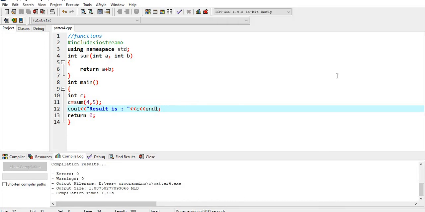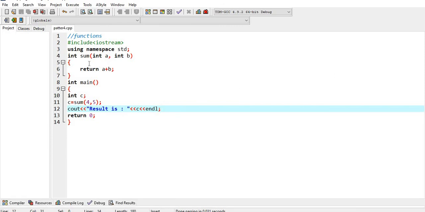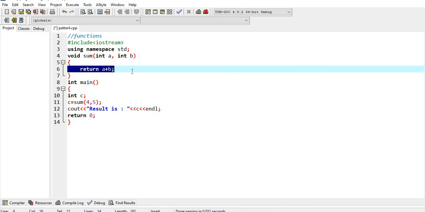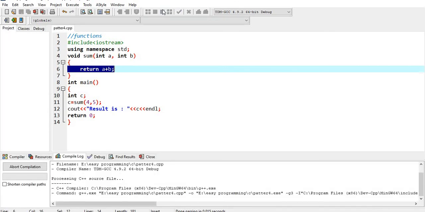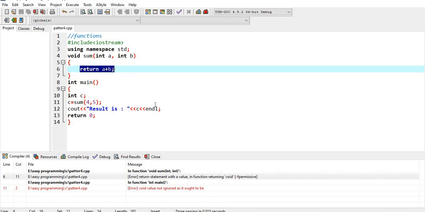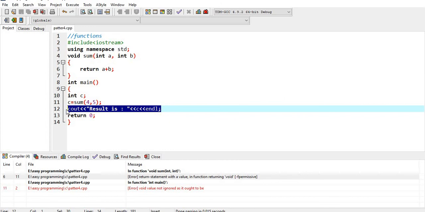This is the case when we have a return statement, meaning we have a return type in our function. But when we have void here, what will the definition of this function be? Now I have void, it means it's returning nothing. So using the return statement will cause an error. So we cannot use a return statement here, so we simply do the same process we did in the main function.